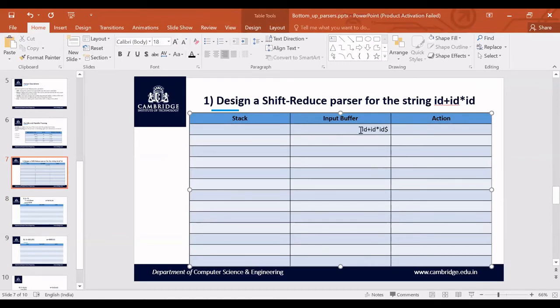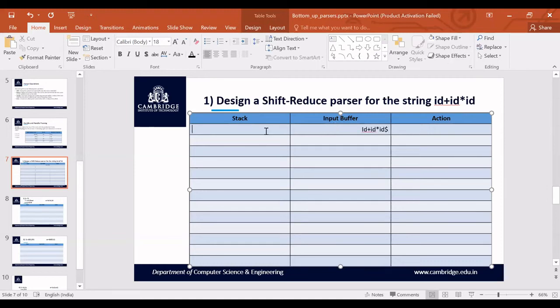Fine. And now the first operation is the shift operation. Shift operation is taking one symbol from the input buffer and moving it to the stack top.